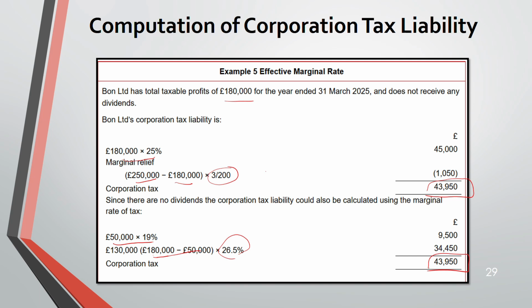See in the exam which question they are asking. Are they asking the effective marginal rate of tax, or just telling you, or you have to go by this? This is method 1, this is method 2. See to that. Are they asking you the marginal rate of tax? If they are not asking, then you can go by the first one. It's your choice. You are not wrong, you will get full marks.